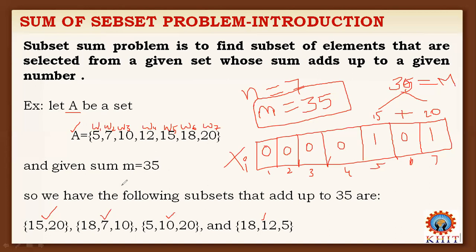And my dear friends, finally you have identified four distinct solutions. This is solution 1, this is solution 2, this is solution 3, and this is solution 4. Finally you have identified four possible solutions which satisfy the given constraint by applying the backtracking technique. So friends, in this way we can find any number of solutions. Here 0 stands for the element not being selected, and 1 stands for the element being selected.